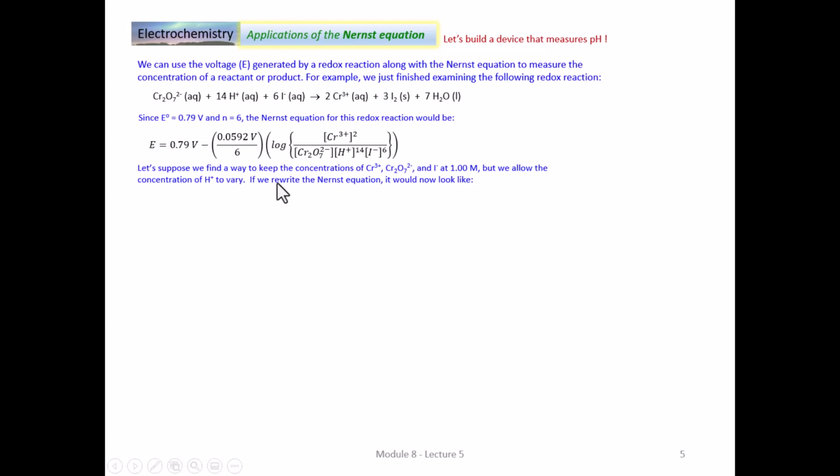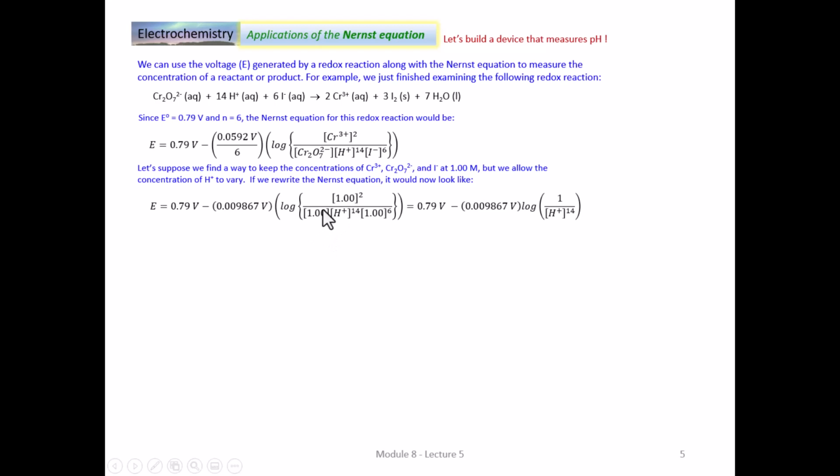Now, if we rewrite the Nernst equation under these conditions, it would now look like this: 0.79 volts, which is the standard potential, minus 0.009867 volts, which is just the 0.0592 divided by 6, times the log of 1 squared, because we said we'd keep the concentration of chromium 3+ at 1 molar,